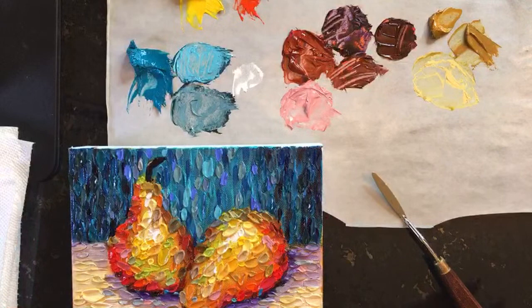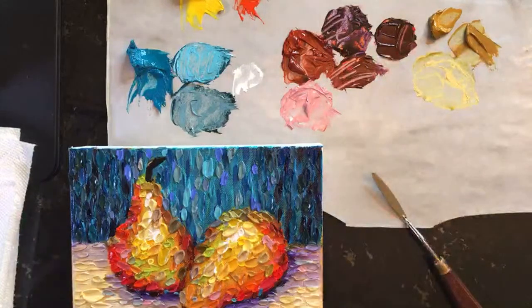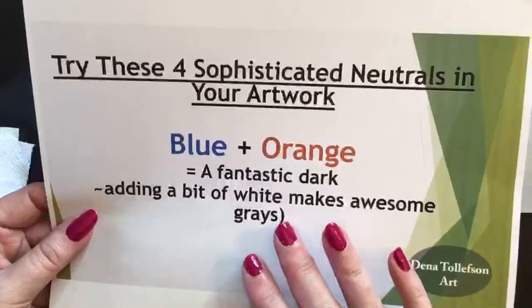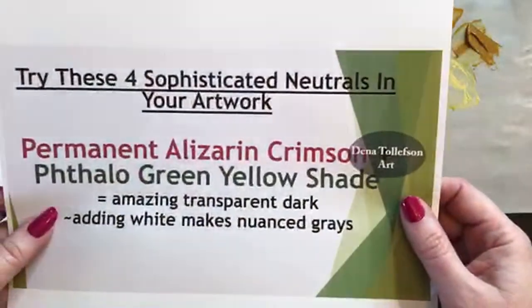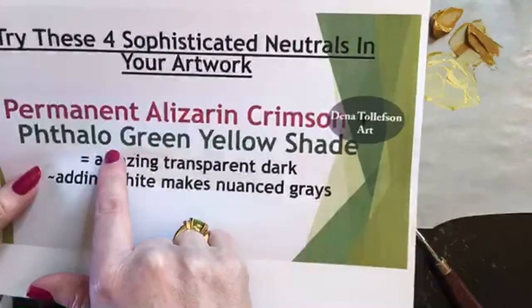All right, so we've gone through the tints, tones, and the shades. And then I've given you 3 of my favorite color mixes. And I want to give you the 4th favorite color mix. And this is Permanent Alizarin Crimson and Phthalo Green